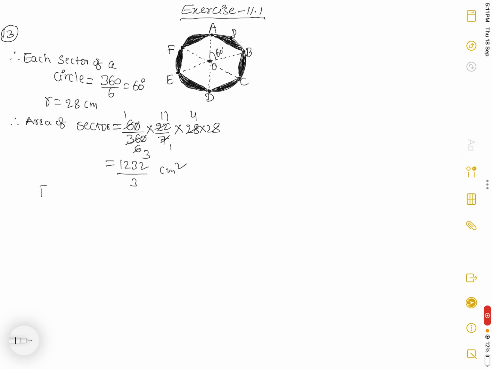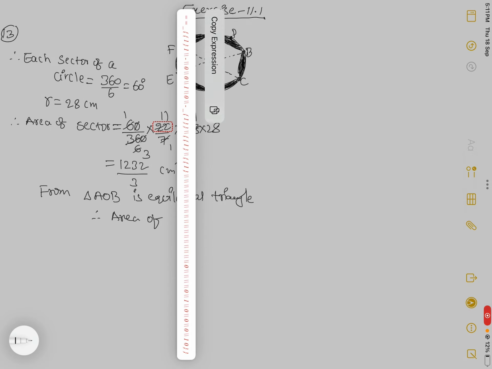From this, triangle AOB is an equilateral triangle. Therefore, the area of the equilateral triangle AOB